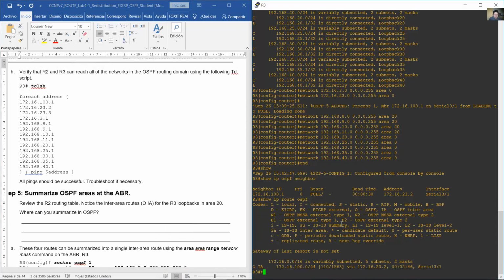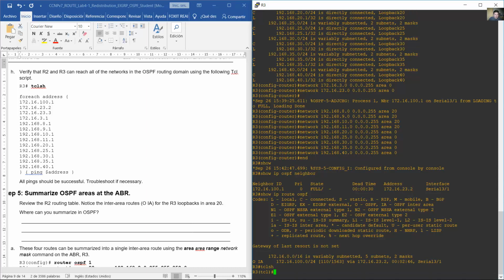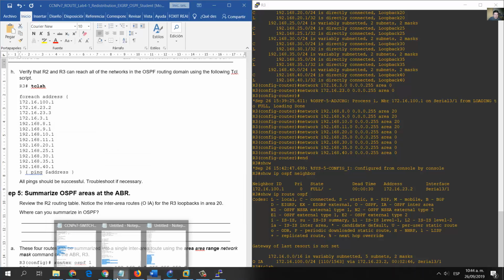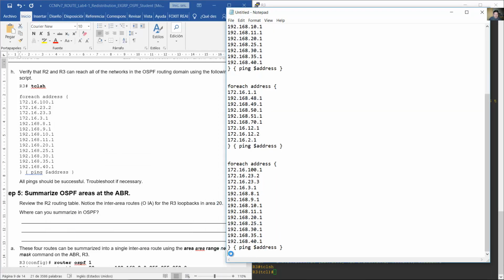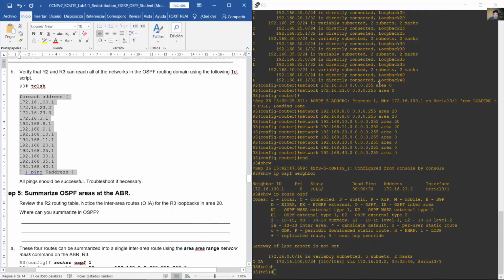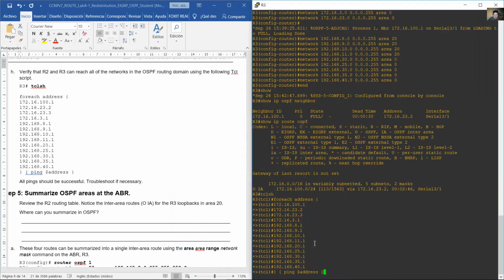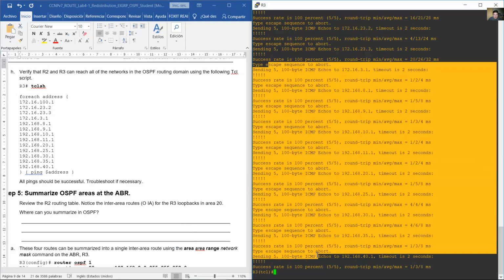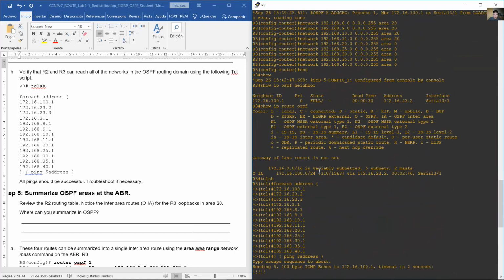Go to R3, TCL shell, copy this script, then apply it. Copy and right click to paste. Enter. All successful. You are testing the connectivity for the loopback on R2,